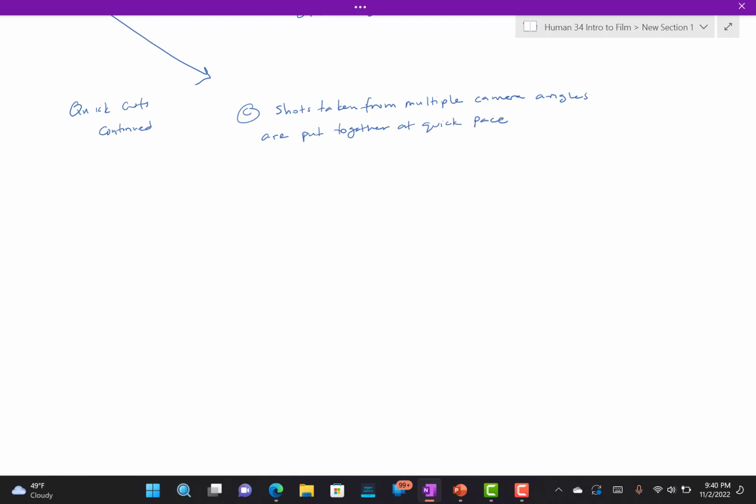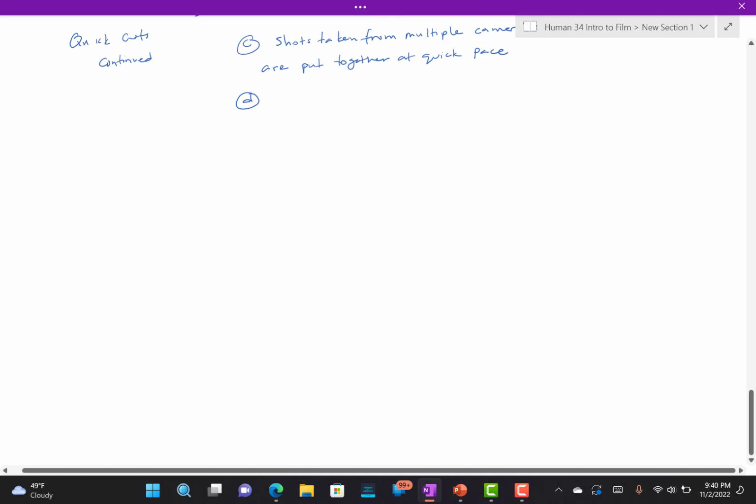So instead of the long shot, it's a very short sequence of shots. And the idea of this is that it can create a